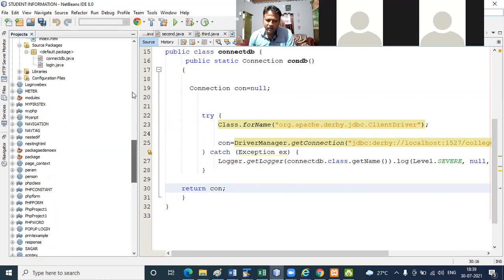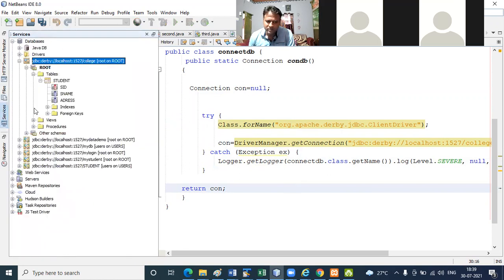So where do you get the driver name? Again, go to the service. You get the driver name from here. Right click from college. Where is the college? This one. Right.